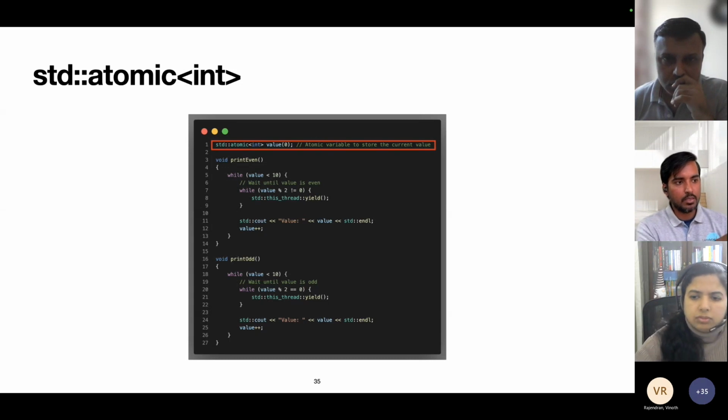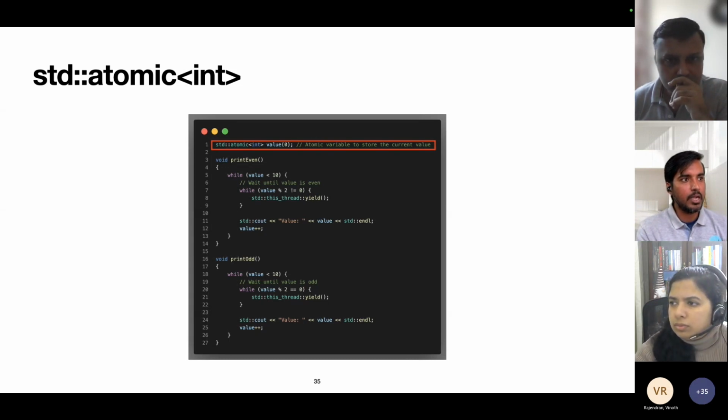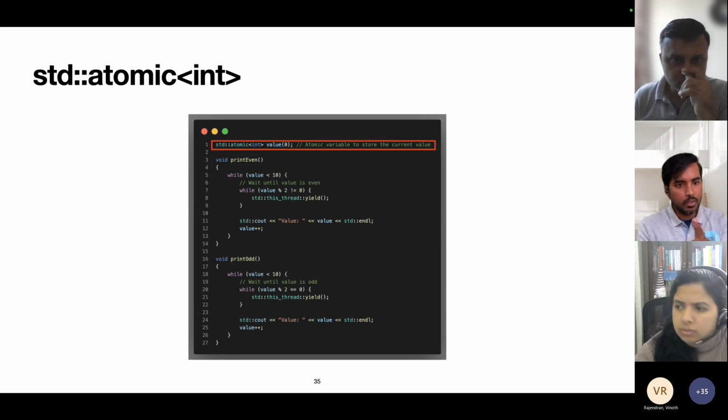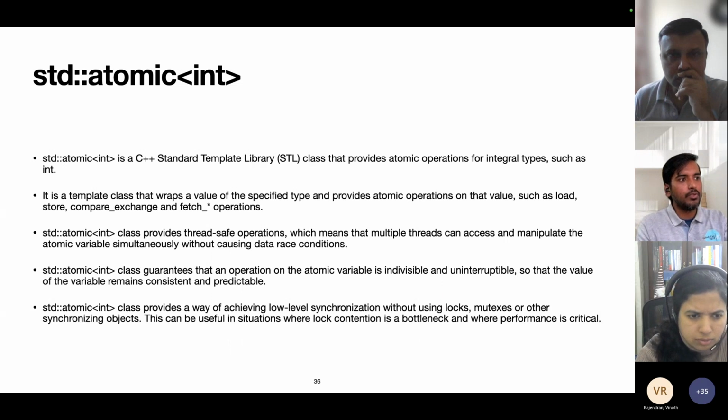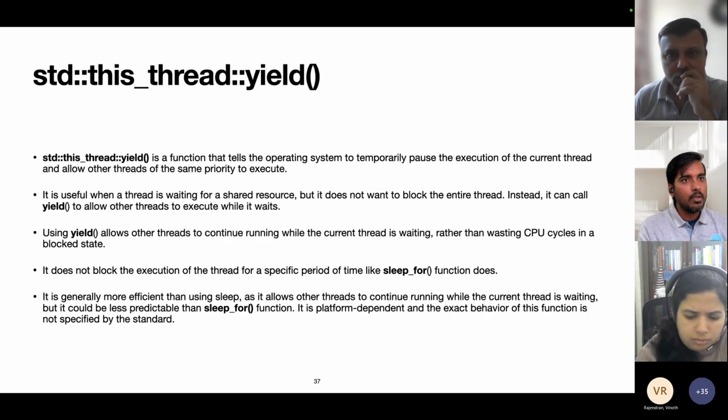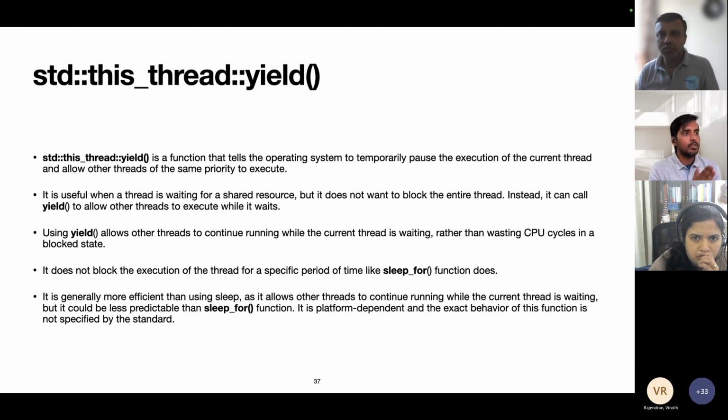In this, there is a thread yield function. If you see at line number 8 and line number 21, I'm using yield. So we'll also see that. This is something I just said about the atomic thing. Now this yield function, what it does is it will put your thread in a